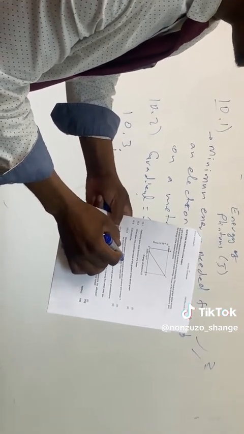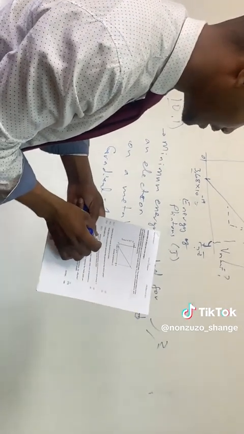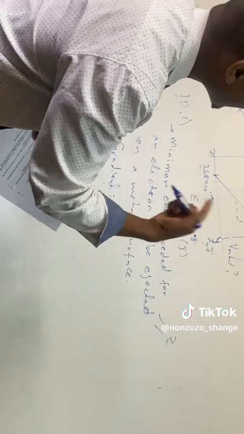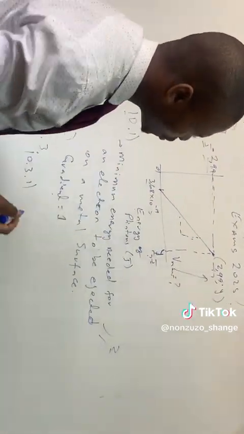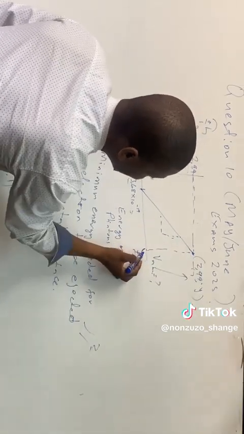So when these photons with this energy strike the metal, what is the maximum velocity? That's what the question is asking for. So remember,